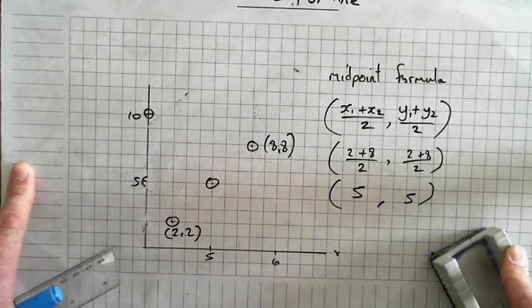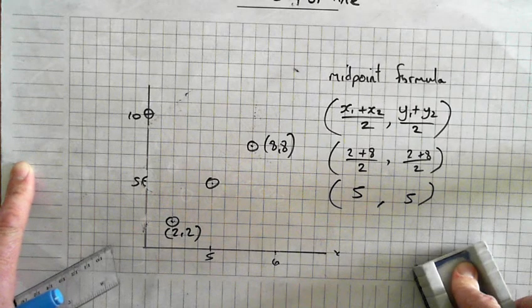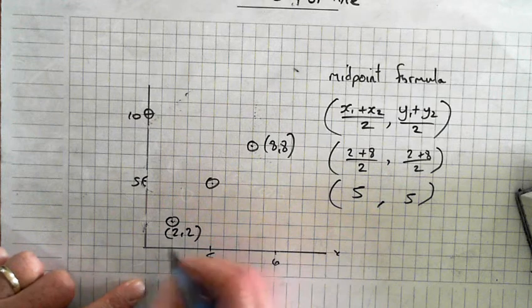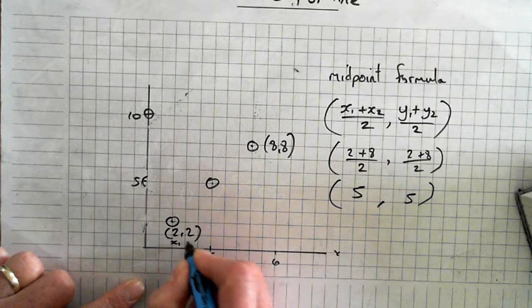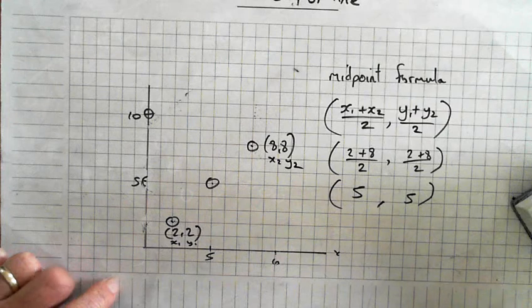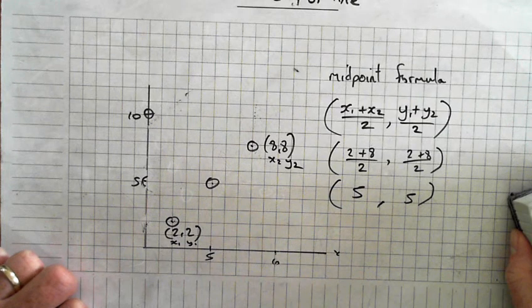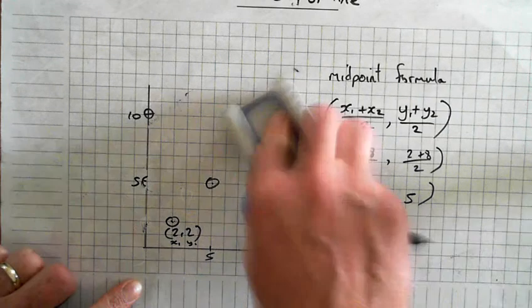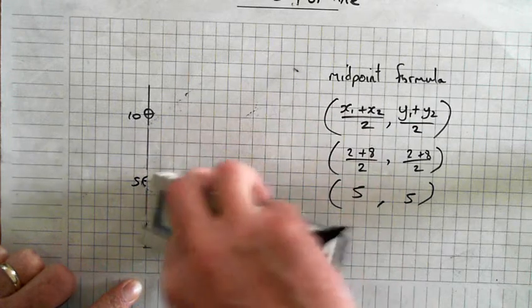So using what you know, that's the midpoint formula. You had to mark x1, y1 and x2, y2, but now you know the easy way of doing it. Just add the two x coordinates together and divide by 2. Add the two y coordinates together and divide by 2. So if I give you this,